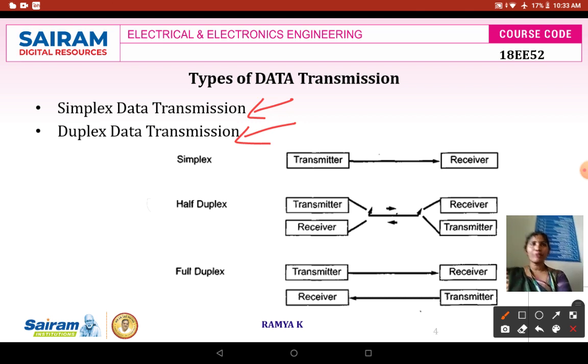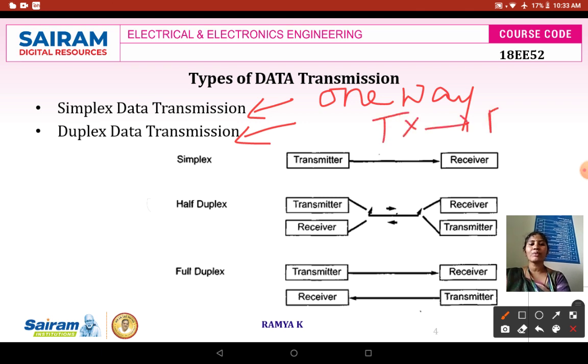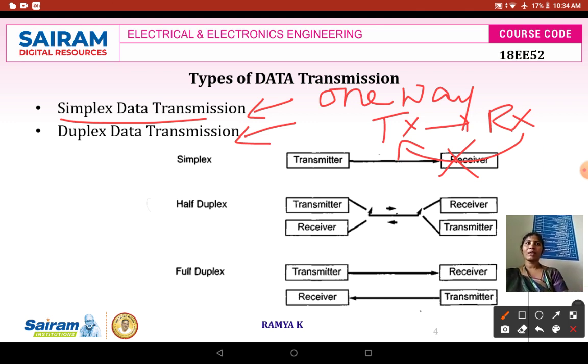This is going to define whether we are going to transmit the data as a one-way communication or two-way communication. The simplex data transmission is just like your one-way communication. It means that only from your transmitting end to the receiving end you can transmit the data. You cannot transmit the data from your receiving end to transmitting end. So it is not possible in case of your simplex data transmission. So simplex data transmission is just like a one-way communication between your sending end and the